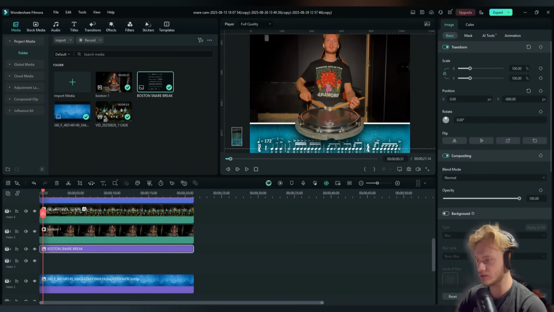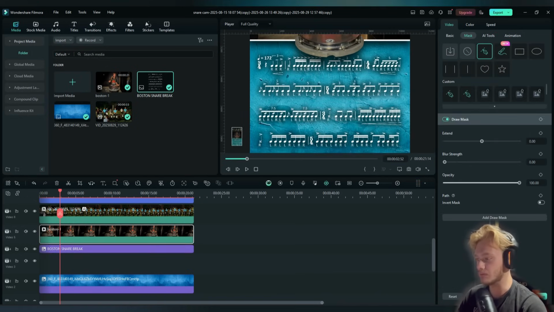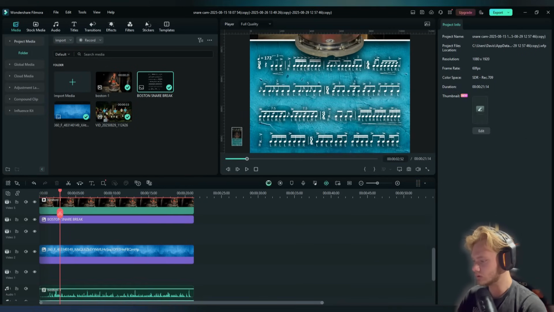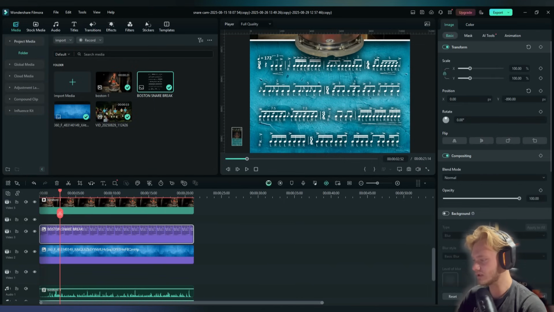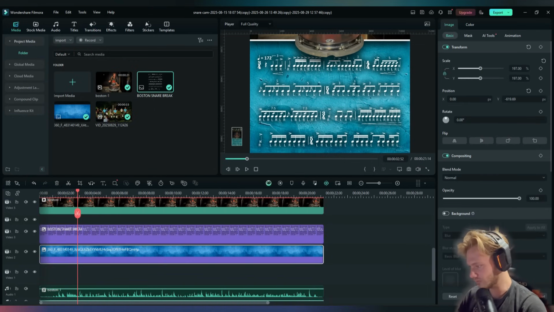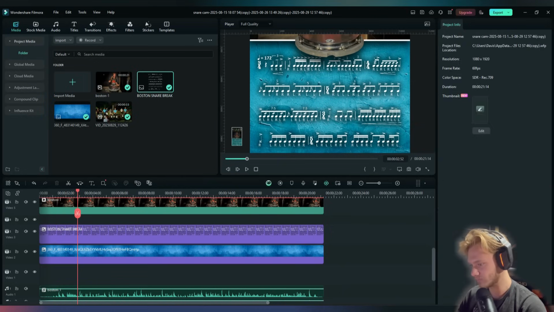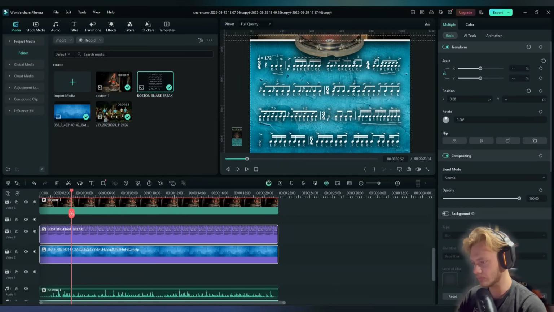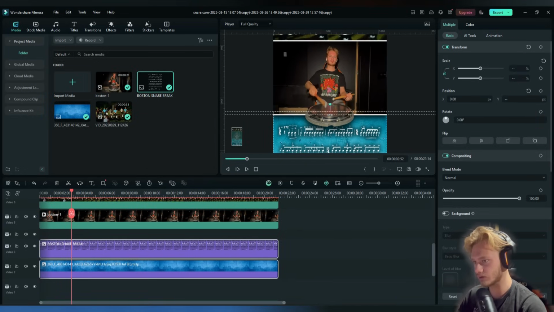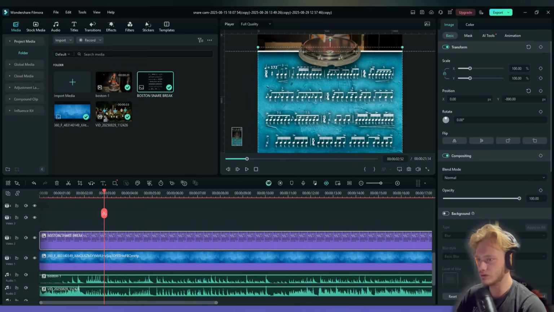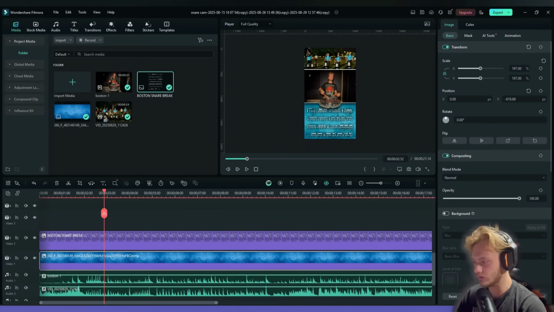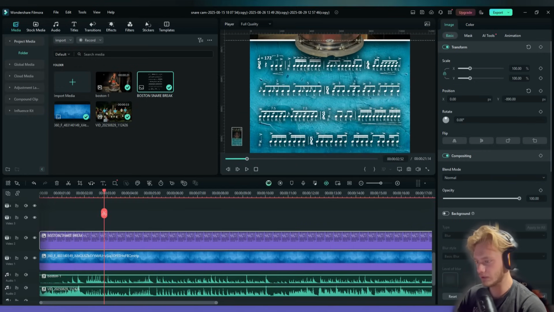So now we have the sheets. Now we have to figure out how to make them move. So this is another part that does take quite a while. So obviously you put the sheets on top of your background, which is right here, and all that stuff is below my video so that when the sheets scroll up, it goes behind my video, so they like disappear kind of thing. So what you do for the sheets is you make them fit in the frame, and then